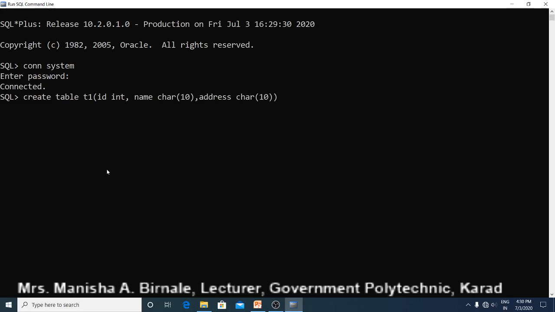Such a table is created using the create table command. So our table is created.